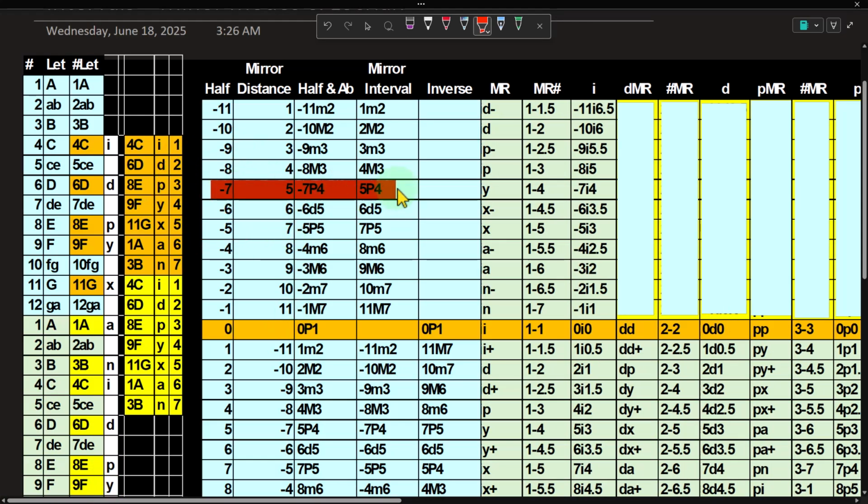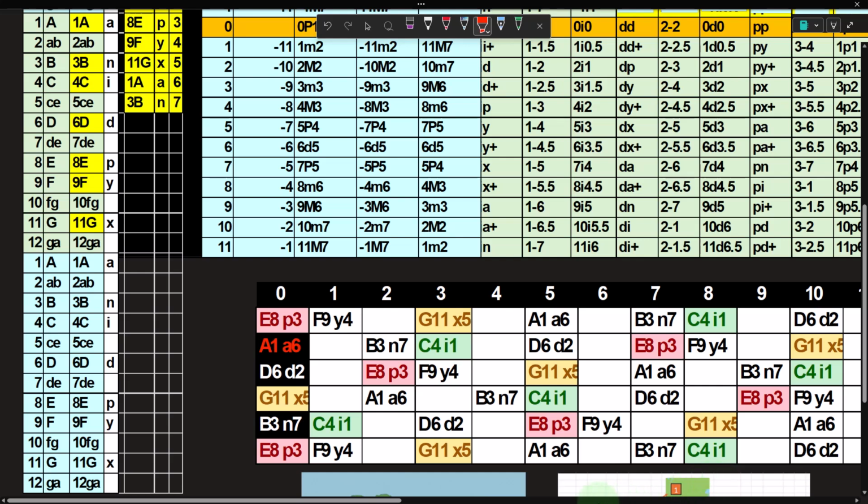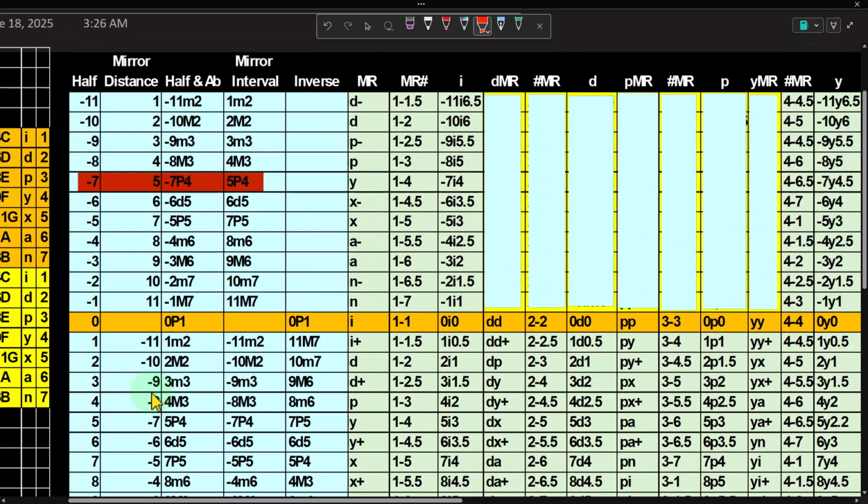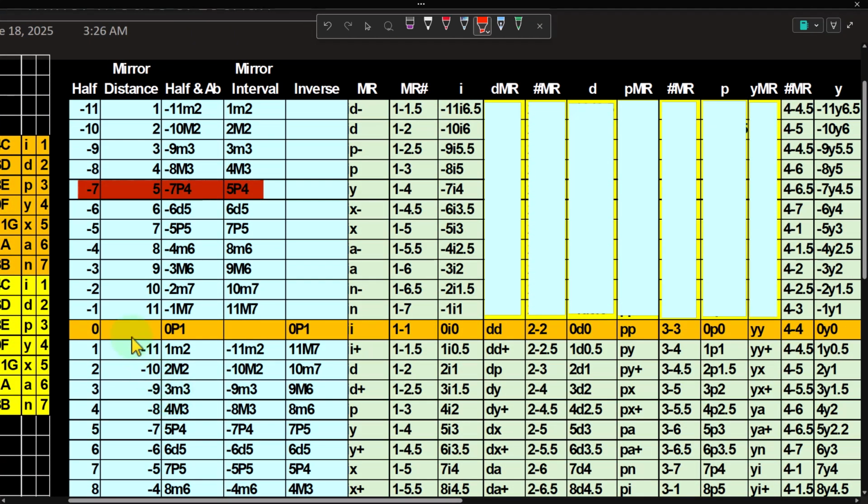We're going -7. So if I go -7 back, counterclockwise, 1, 2, 3, 4, 5, 6, 7, we get to here. So that would be -4th modal half step, which would be the -5th scale degree, but we don't really have negative scale degrees. So I'd have to say, well, if it was -7, 12 minus 7 would be +5, and just know that would be a 5 note away perfect fourth,